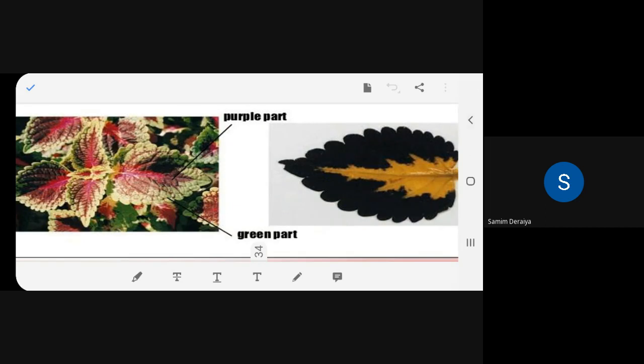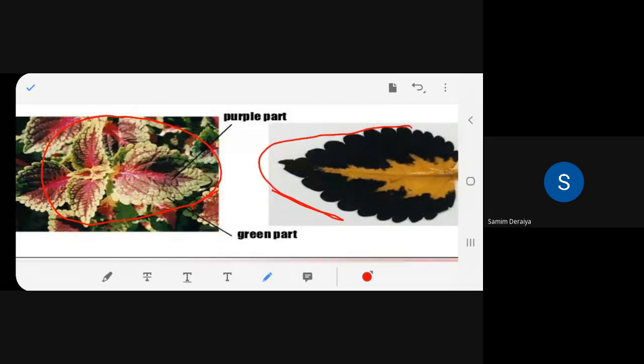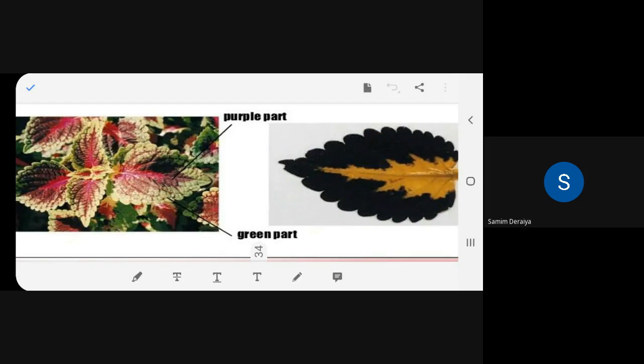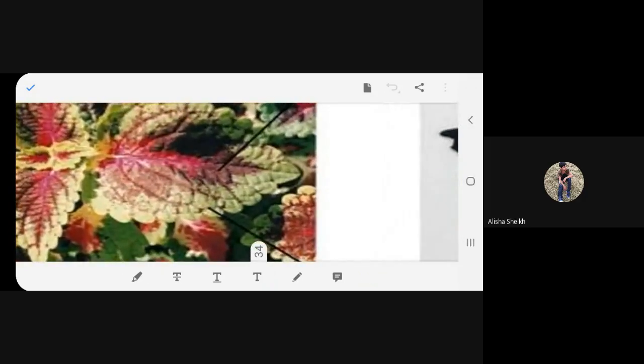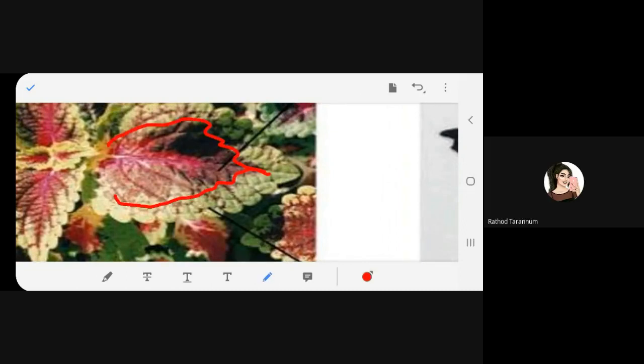Okay. Now, this is the original leaf, and this leaf is after the activity. You understand? Now, see what happens. You can see there's a purple part. Can you see this purple part? And this is the green part, isn't it? See, I will show you. See, this portion is the purple part. Can you see this colored part? And the outside one, this one is green, isn't it, beta? So, if I ask you a question right now, which part will